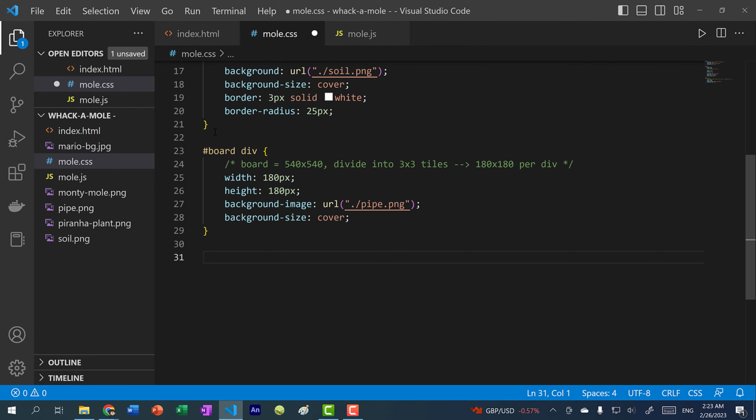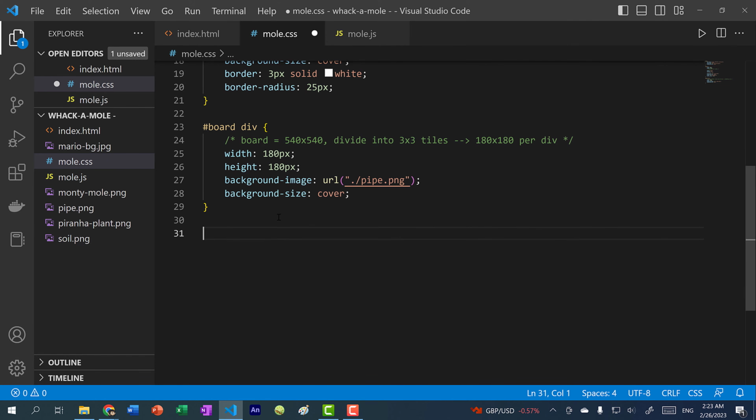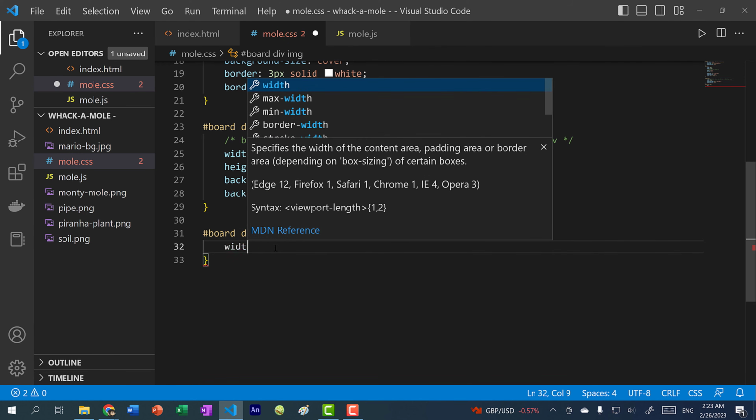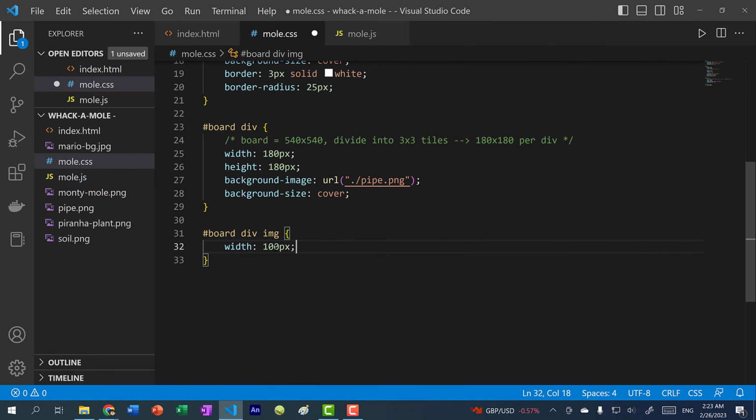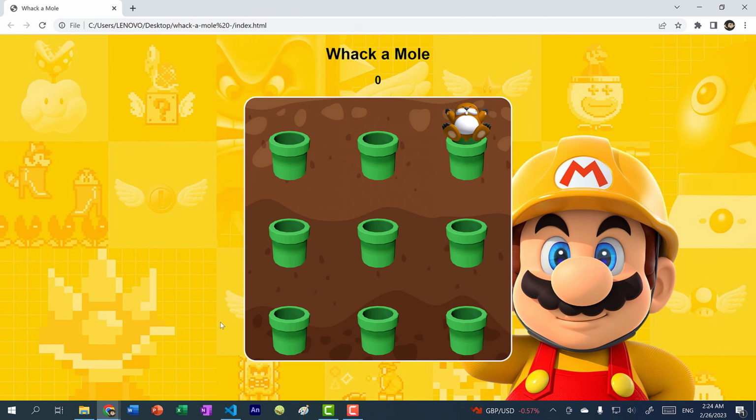So our board has 9 divs, and each div can have an image. So if the div has an image, that means it has the mole. So I'm going to do #board div img, and I'm going to set the width to 100 pixels and height to 100 pixels. So this is all image tags inside the tile divs. Okay. Alright, so if I refresh the page, you can see the mole appears here, and it's smaller,